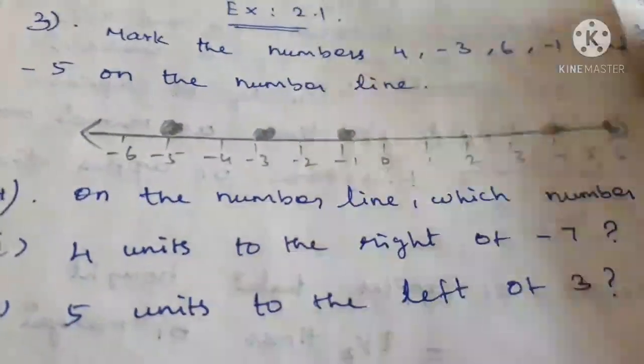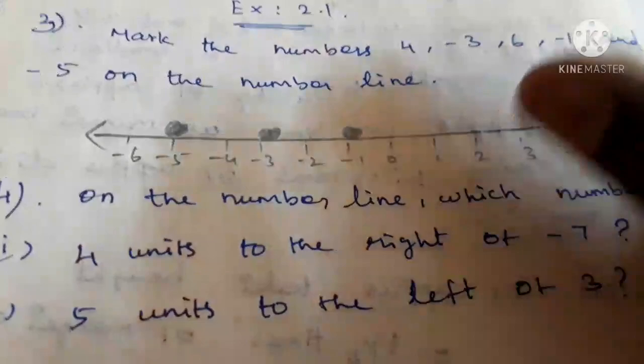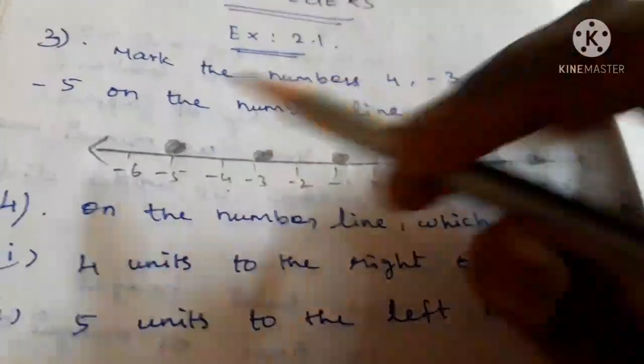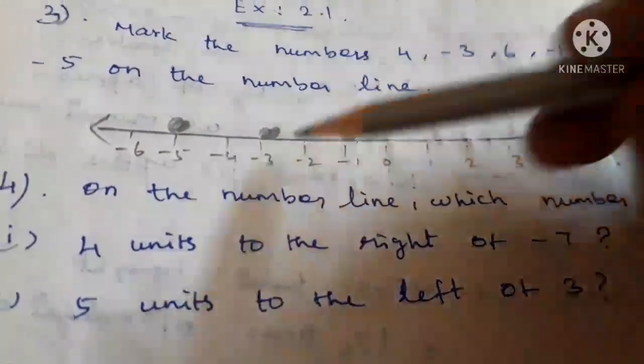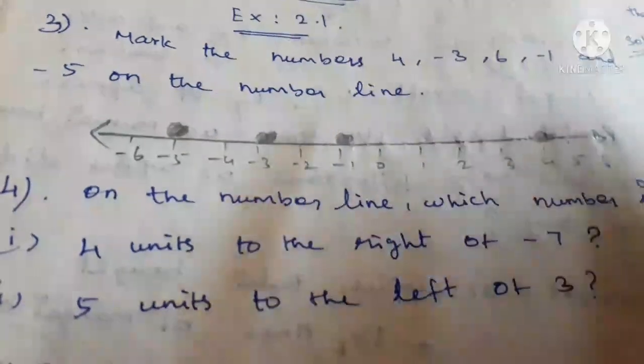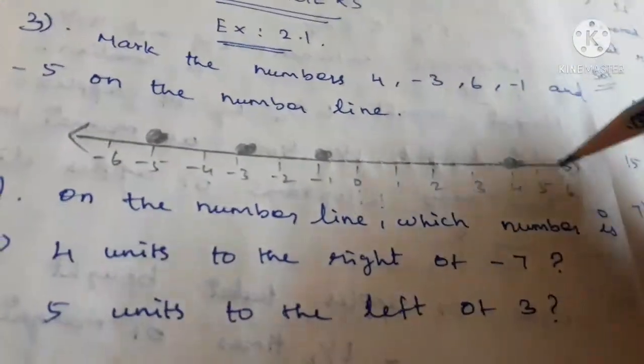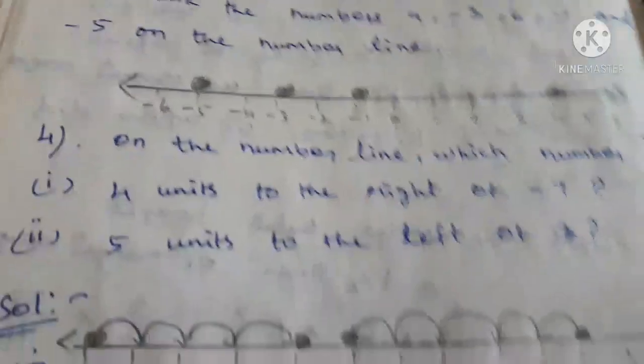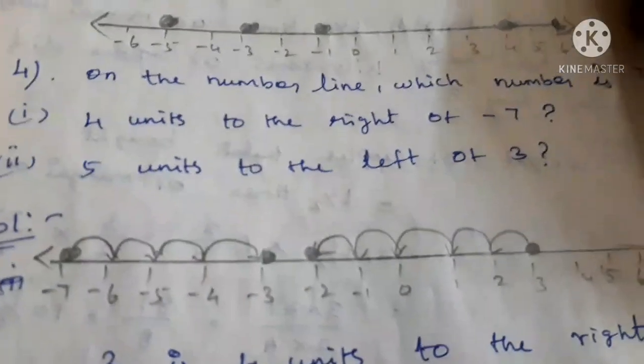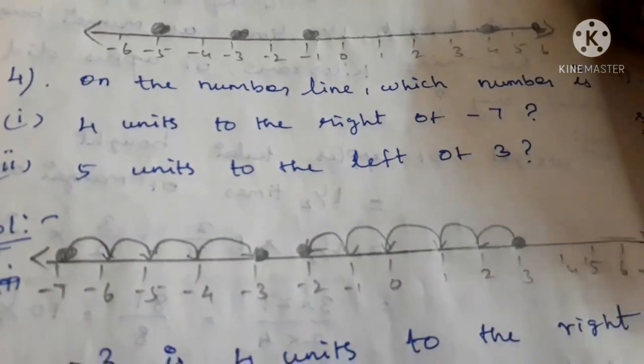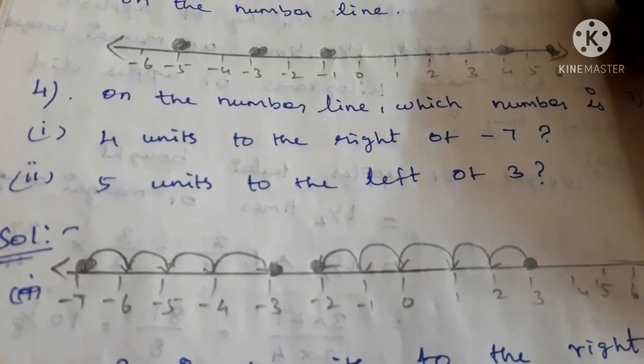Now you are going to just mark the corresponding numbers. So minus 5, minus 3, minus 1, 4 and 6. That's it. Fourth question. On the number line, which number is 4 units to the right of minus 7 and